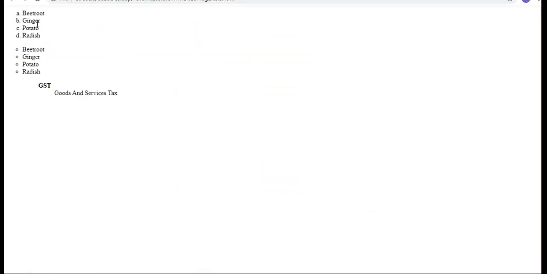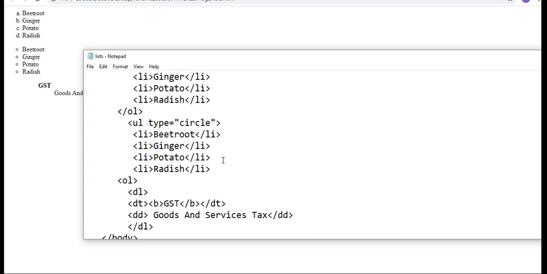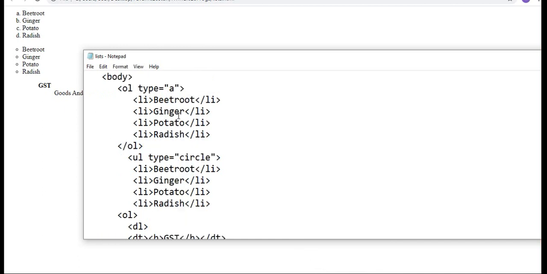This is the ordered list, this is the unordered list, and this is the definition list. In a single example you have all three. Any doubts in this? If you want to make an ordered list into an unordered list, then how?